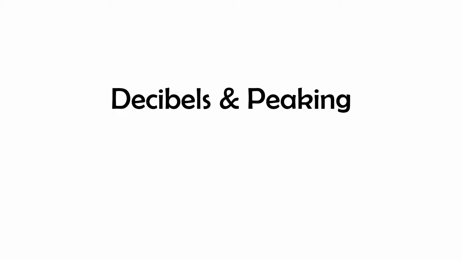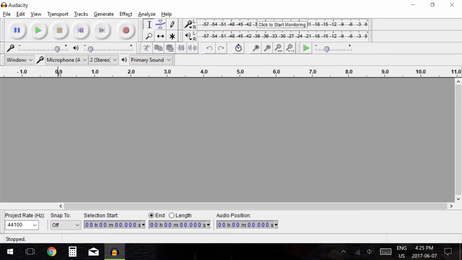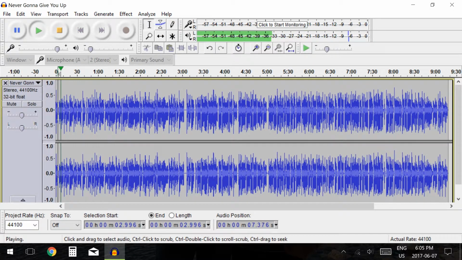Decibels and peaking. In the top right corner of the screen, we have a microphone and a speaker symbol next to a bar of numbers. These numbers indicate decibels and how high your audio is peaking. If your audio peaks or goes over 0 decibels, it will turn red on the bar. The reason you do not want your audio peaking at this point is because it becomes distorted, unclear, and too